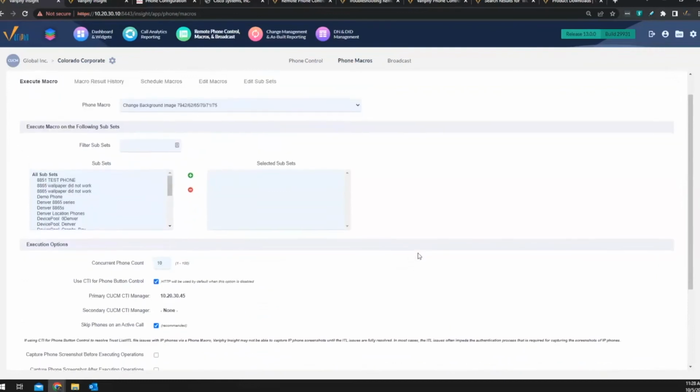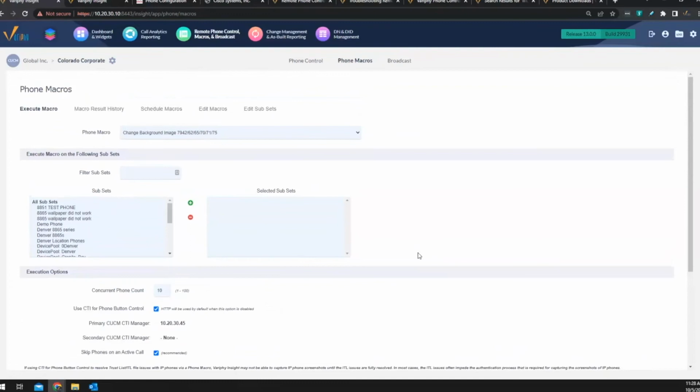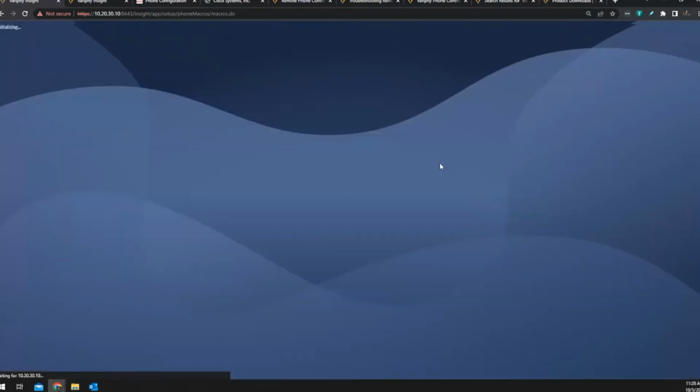So yeah, like I said, typically if macros aren't working, it's probably going to be similar to why phone control isn't working. It may be one of those other issues we just went over in Call Manager with the config. So the ITL file is the exception. So let's take a look at the macro list for an ITL just to see what's involved.